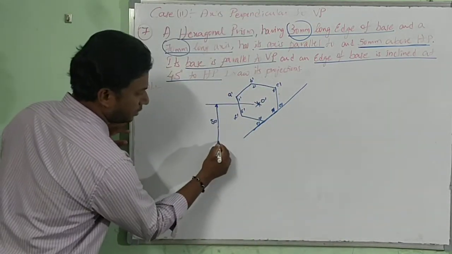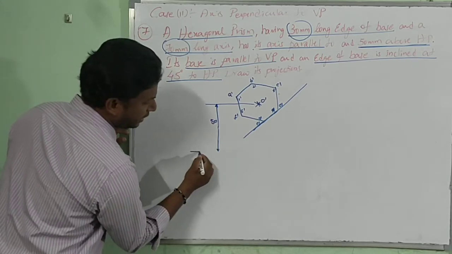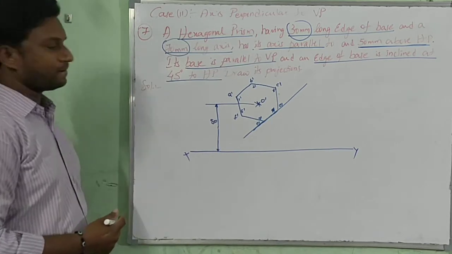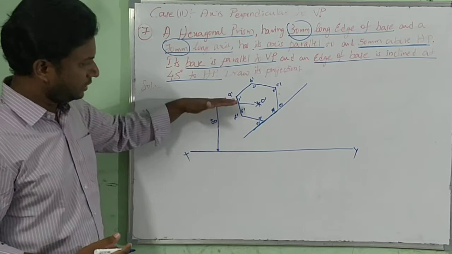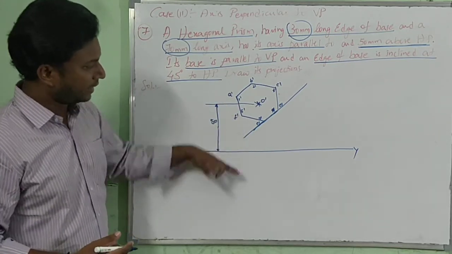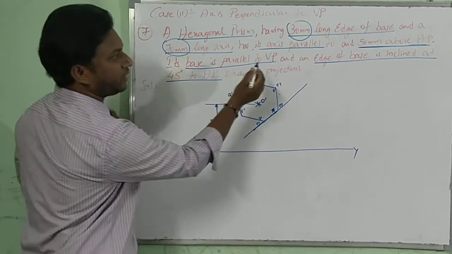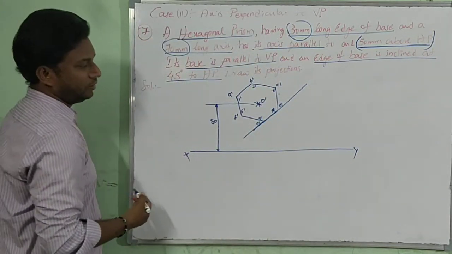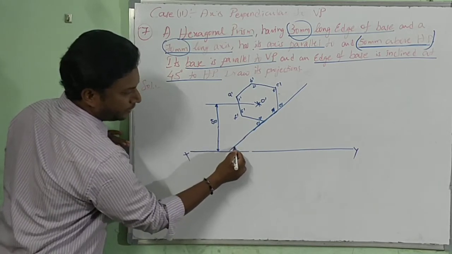draw a line of 50 mm. At that location, draw XY line. I hope you all understand. First thing, I have erased. Then now from O I have drawn a 50 mm line parallel. Now this is at a distance of 50 mm from XY, nothing but I am trying to satisfy this condition, 50 mm above HP. Now, the line you have already drawn, try to take it back and draw 45